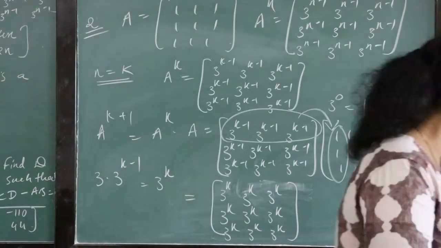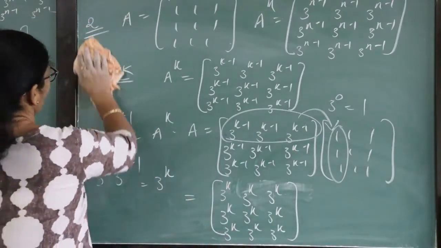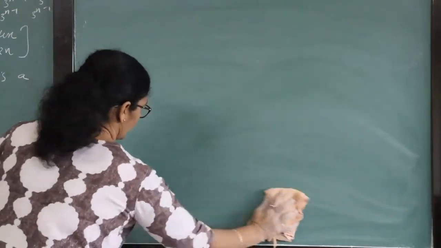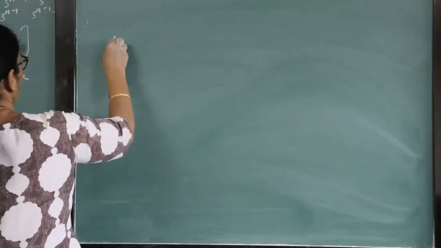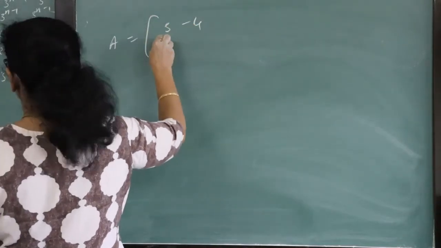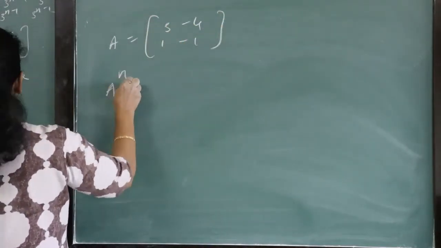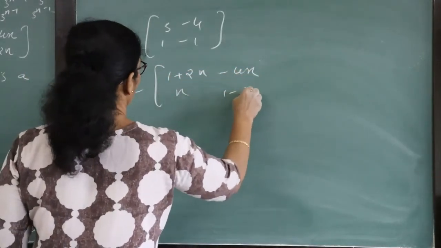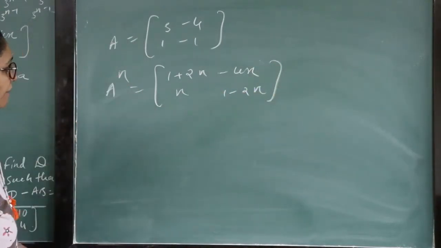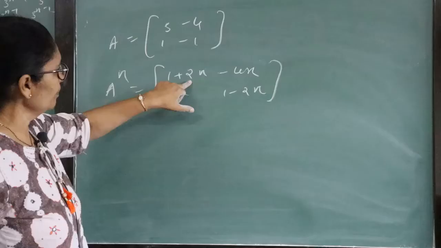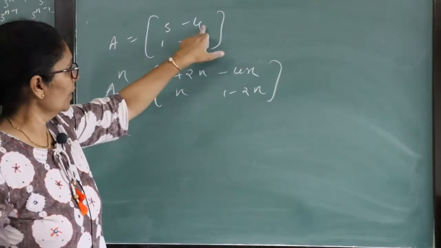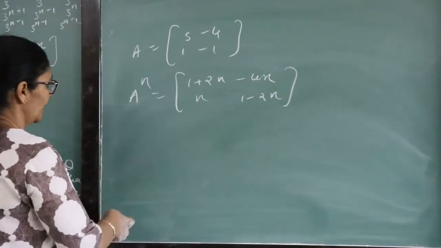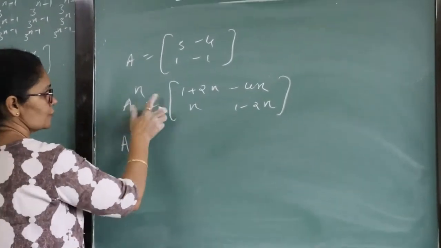Now only we discuss last question, third one, again by the same method. You have given matrix A 3, minus 4, 1, minus 1 and A raised to n power 1 plus 2n, minus 4n, n and 1 minus 2n. Now you know, for 1 if I write n equal to 1, 1 plus 2 is 3, minus 4 into 1 is minus 4, 1 and 2 ones are 2, 1 minus 2 is minus 1. So simple. Similar way, A raised to k also, this one as it is.